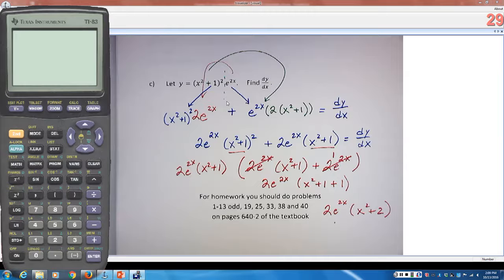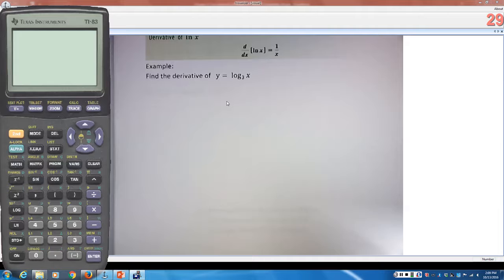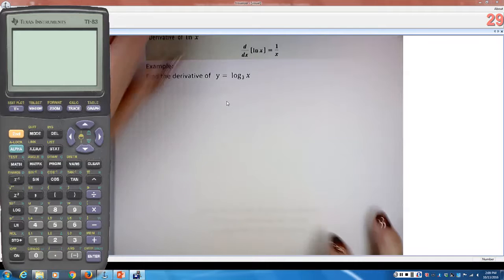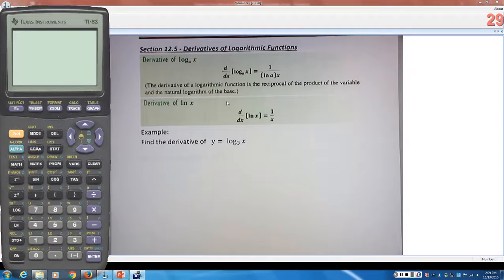So that is natural log functions, and well, it isn't actually the natural log functions. We use the natural log in this. So this is exponential functions combined with chain rule. And we have one section left, and that's the section that Shannon and a bunch of you have been dreading ever since this whole course started, because it's the part about the dreaded logarithms. Okay? Everybody hates